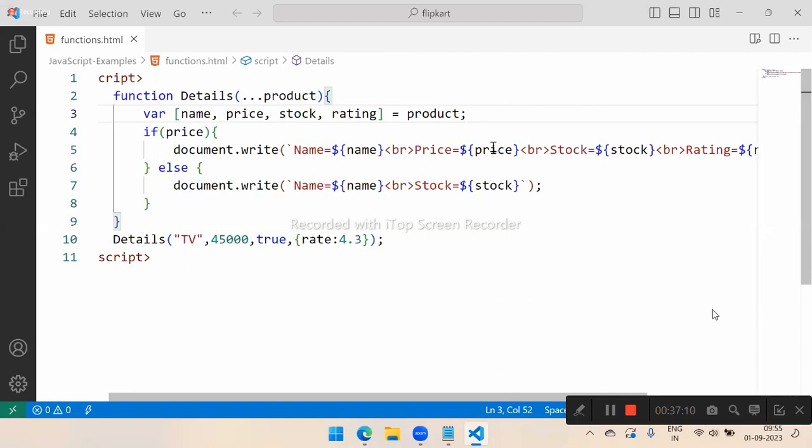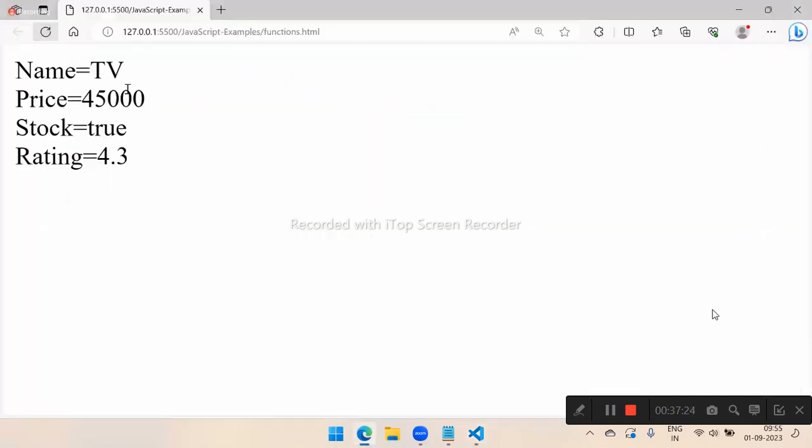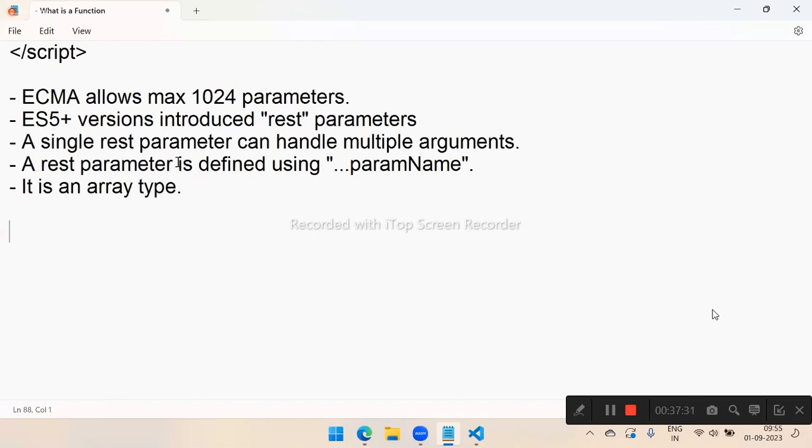Now you see, it is going to work. That means into these references, these will store. What will happen here? You already know. The 0 of product will be stored in reference of name. Right? You see now, it is going to print the details the same. This time we are using a REST parameter. And while using REST parameter,